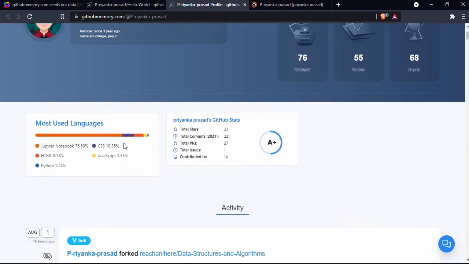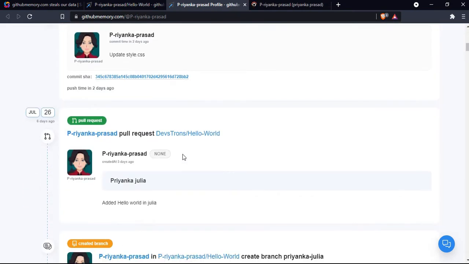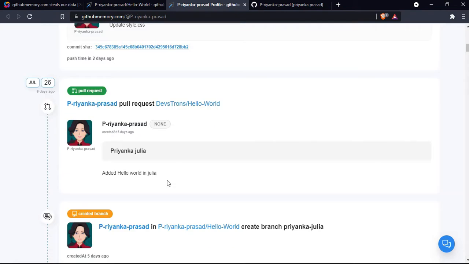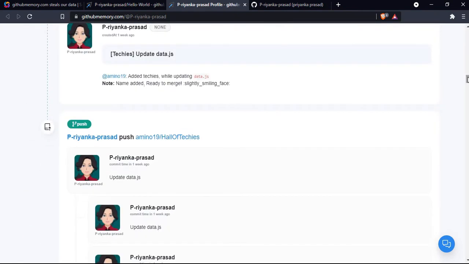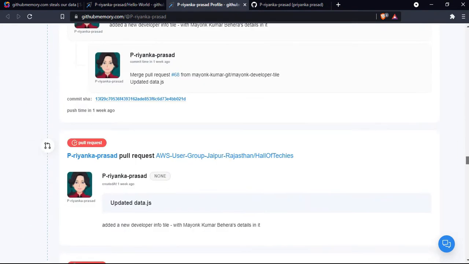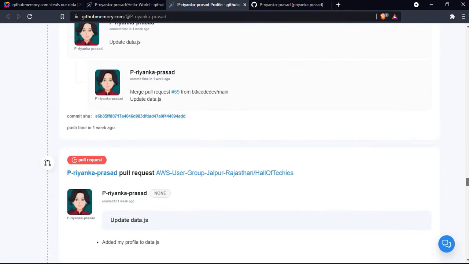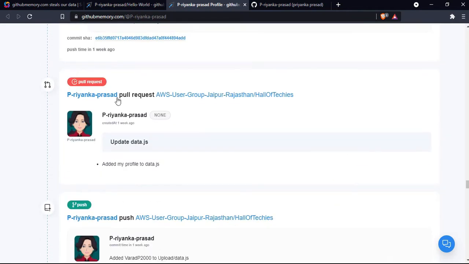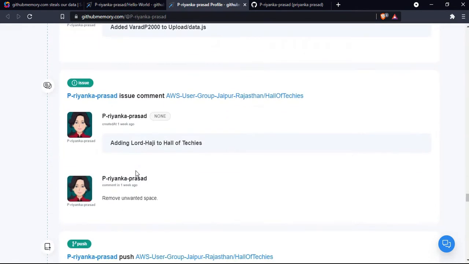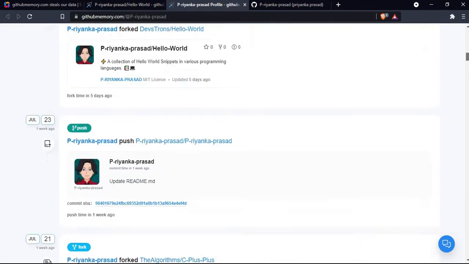I can see all the contributions over here, like I made this pull request 6 days ago. So this is about GitHub Memory. This is to store all your previous data, whatever you have done.